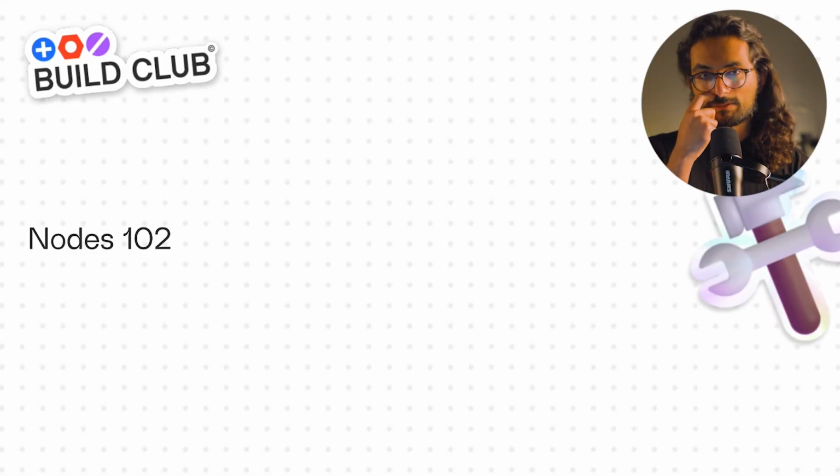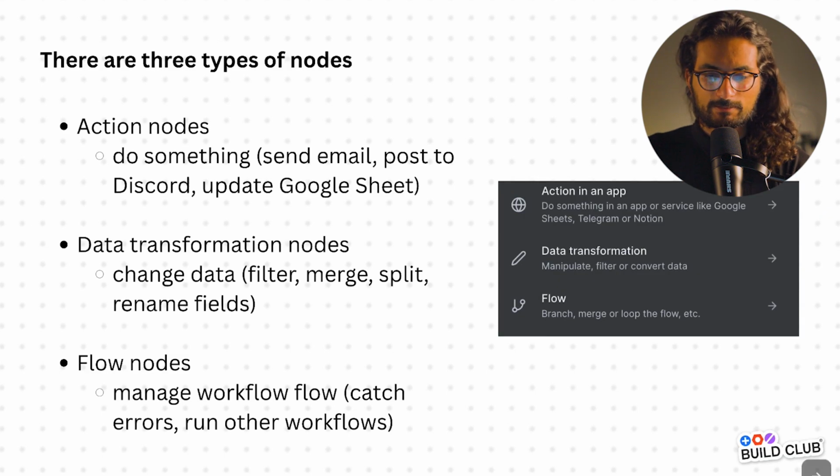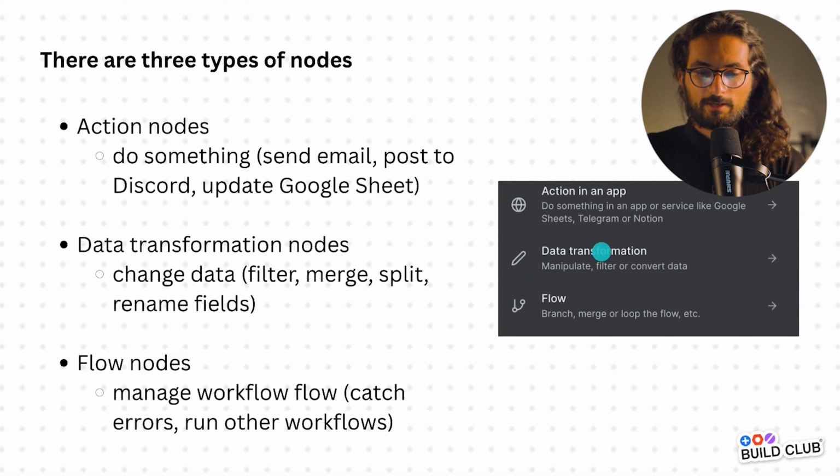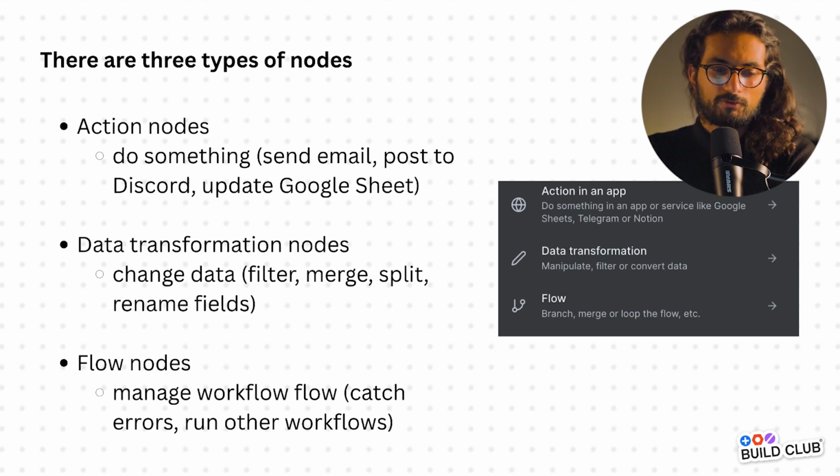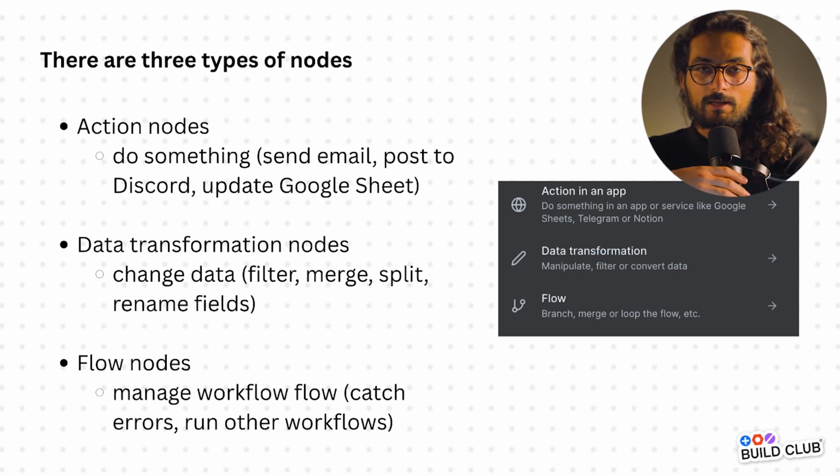All right, so this is nodes 102. This is just talking a little bit about different types of nodes because we've just gone through all the nodes. Let's think about them from a different perspective. As you can see over here, these are the types of nodes that you get. So one is action nodes, which are basically an action in an app when that happens, then data transformation nodes, and then